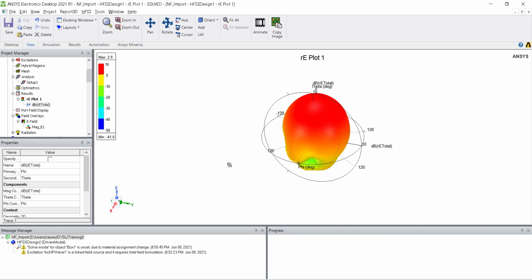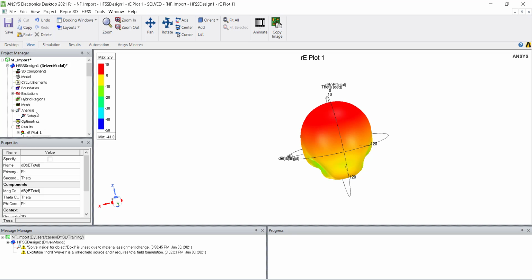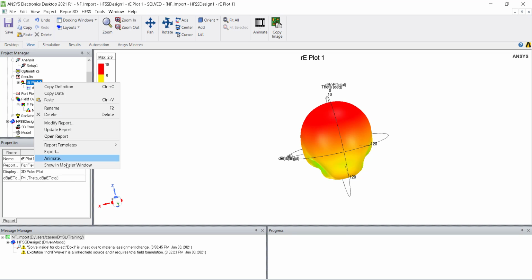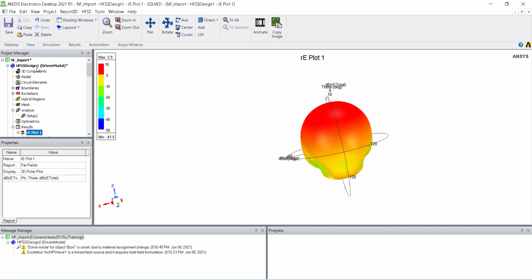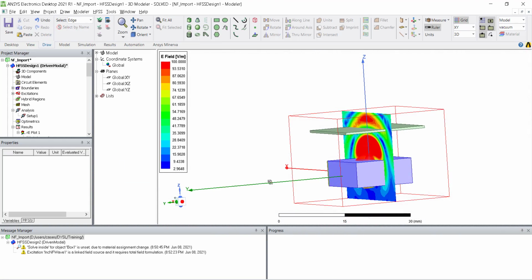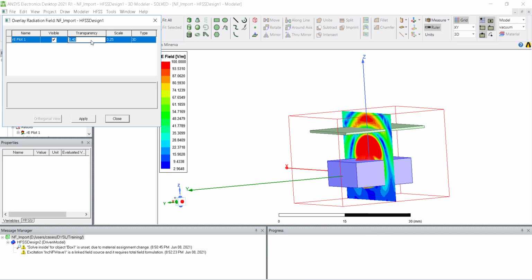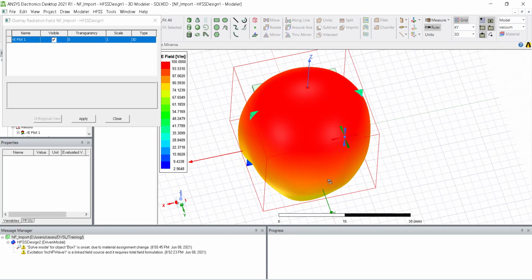So this is a radiation pattern which is coming from the patch antenna. And if you want to see that, just overlay it on top of the CAD. Currently the visibility is lower. You can make the visibility bigger by going here, 0 transparency, make it a 1 scale, just apply. So this is the pattern which is coming here.